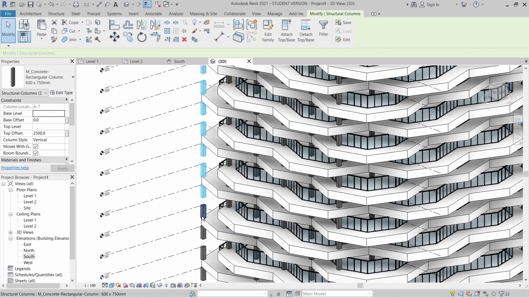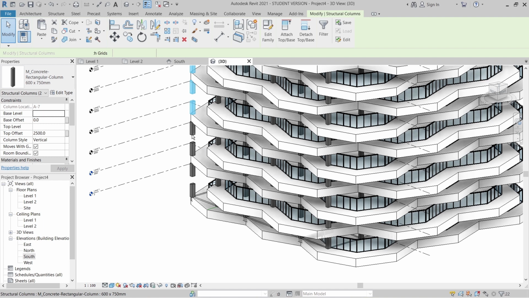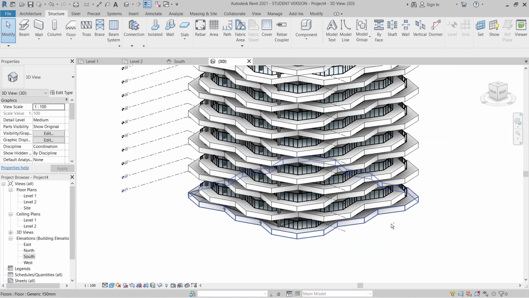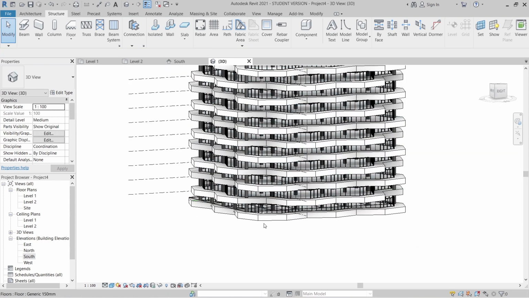Okay, a lot actually. Come on, we are more done. DE for the lid. Okay, as you can see, we got our column, we got our beam.